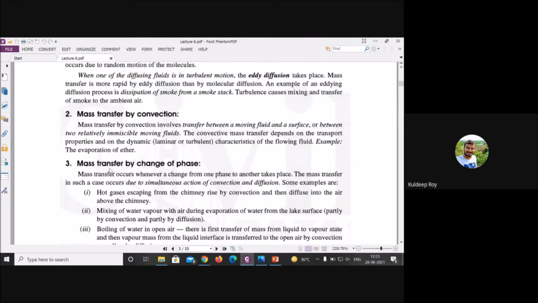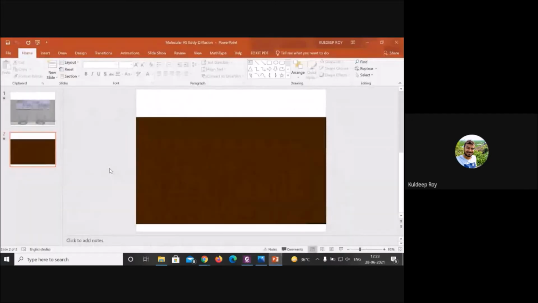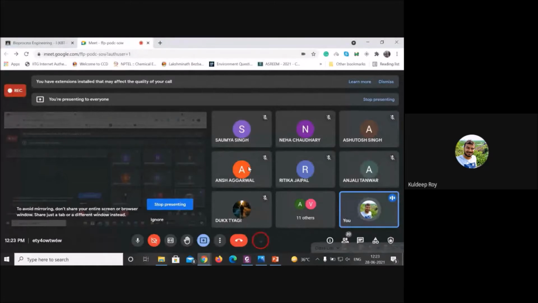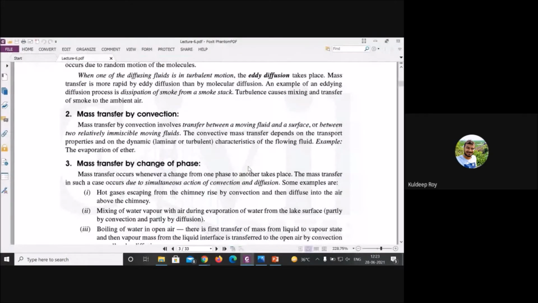What does that mean, mass transfer by convection? Okay, can someone tell how convective heat transfer occurred in heat transfer? Can anyone say how convection takes place in heat transfer? Okay, in heat transfer, convection means one liquid or one fluid will be in a moving position. When something is moving, then you would say this is a convection type of thing.